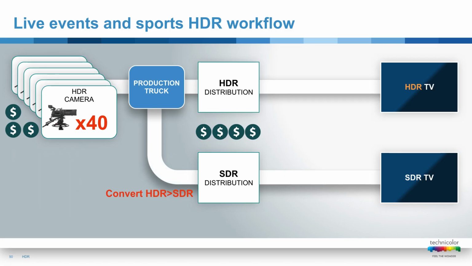And it costs way too much as well. So as we look at this workflow, distributors and people who are producing live sporting events are looking for ways to simplify this. There are a few options there. The first is, what if I can just do HDR production and down convert to a standard dynamic range? We talked about that before in the single master HDR workflow. They're exploring that within the live broadcast environment too.